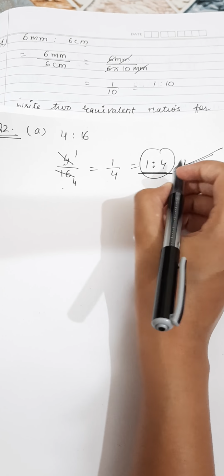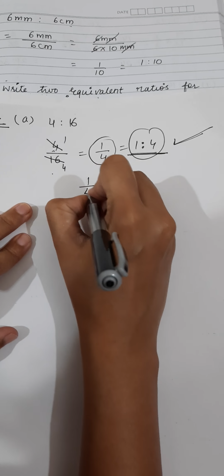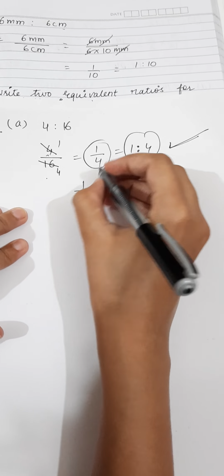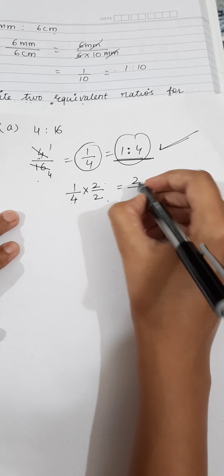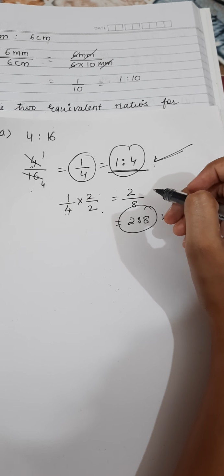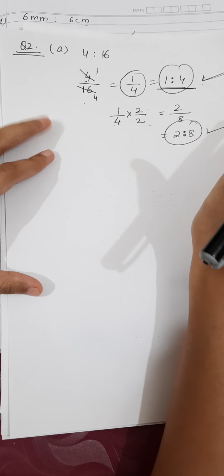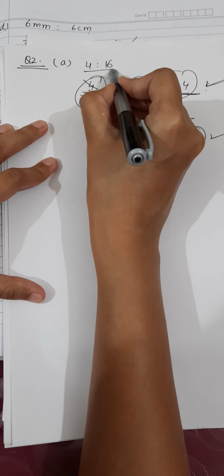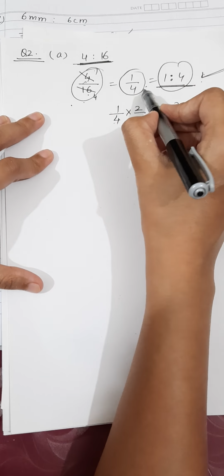So this was your first equivalent ratio. Now on the basis of this also, I can take out the next equivalent ratios. How? I can just multiply this with the same number. So 2 1s are 2 and 2 4s are 8. So this becomes 2:8. So 1:4 and 2:8 are the next 2 equivalent fractions or ratios. Now you can find infinite of them like this. What basically I have done is, first of all, I can see that I can cancel these numbers. After cancelling them, you get the simplest ratio, and then you can easily find the next equivalent ratios.